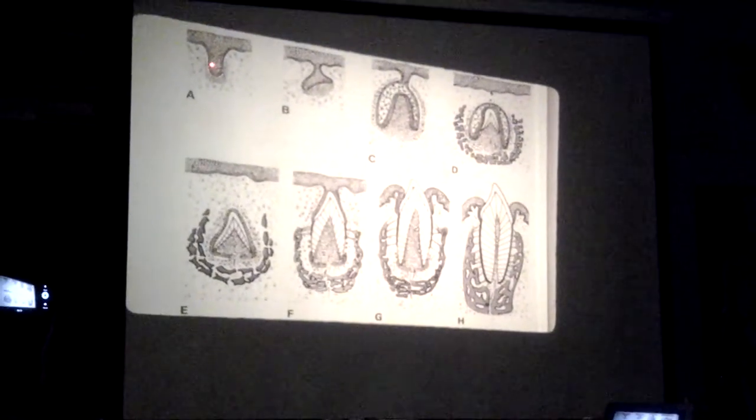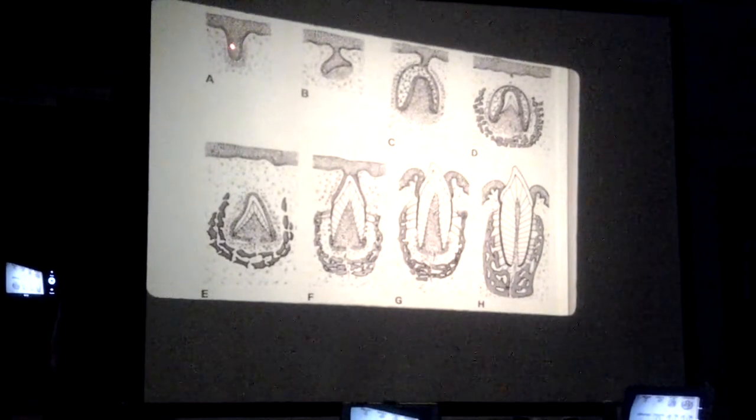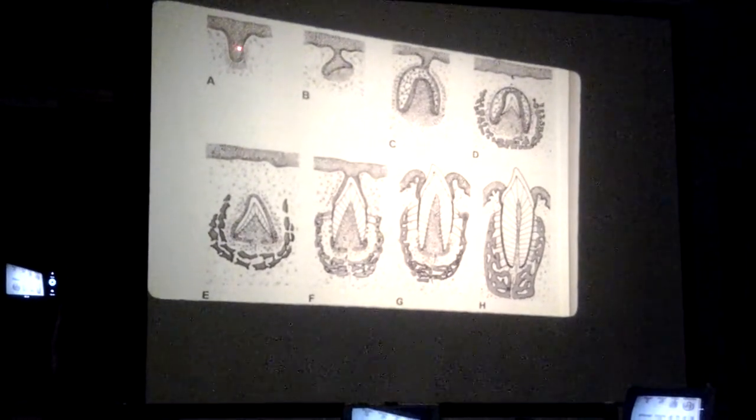U-shaped configuration where it goes down in an arc around the maxillary and mandibular arch. So it invades the mesenchyme or mesoderm underneath. This is what we call the dental lamina. Lamina goes down into the mesenchyme, and then at 10 points along the maxilla, and then 10 on the mandible,